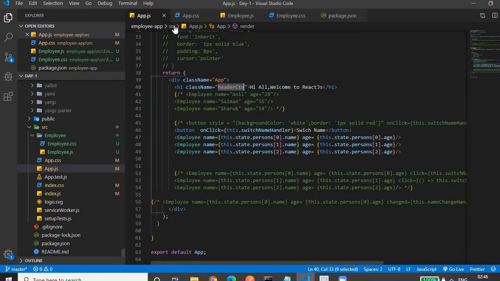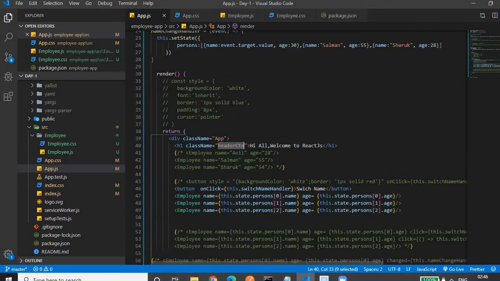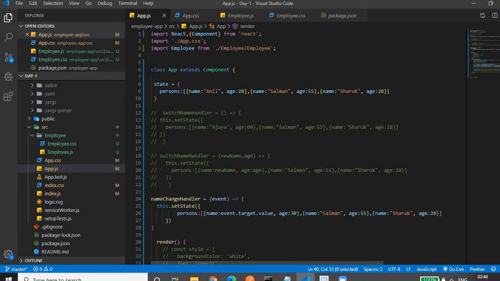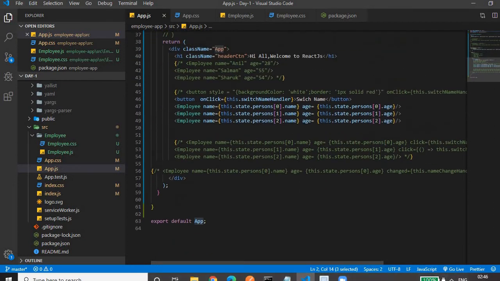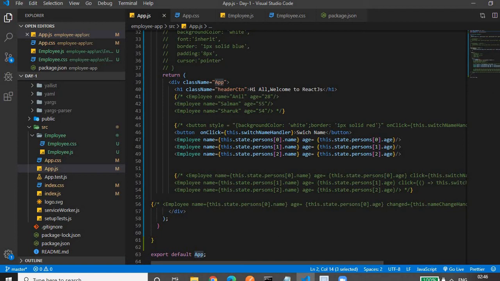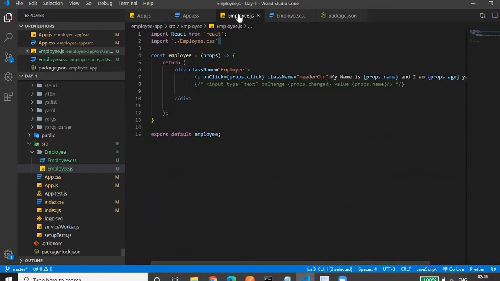We are referring to this app.css file in the JS component; we are importing it. Then I am using this same class in my employee component. In the p tag we have the same class, in which we are displaying "my name is something".